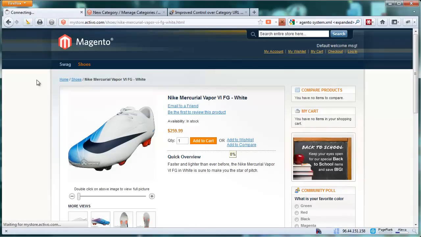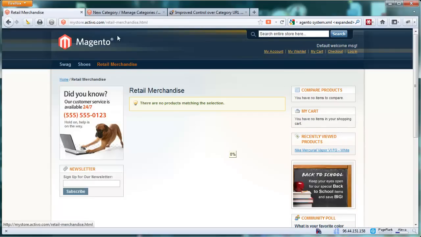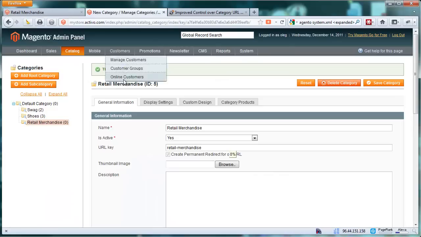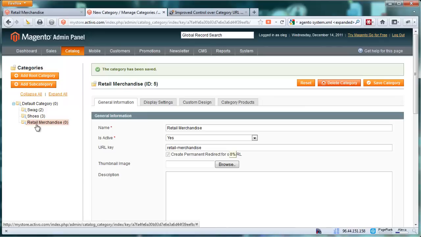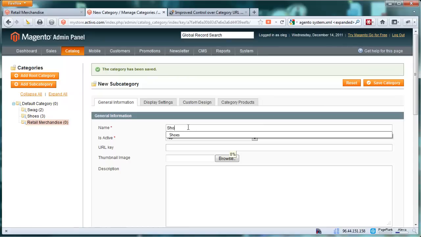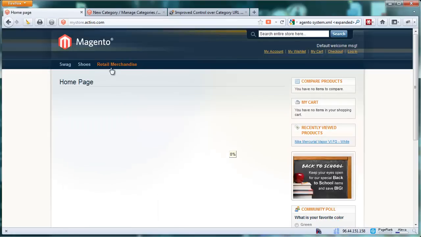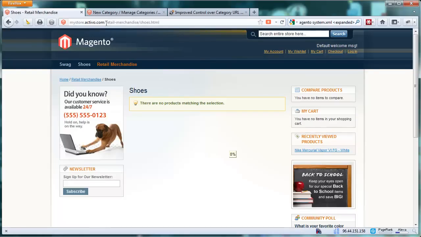Now let's go to the front end, and we see this new link, and notice how it's retail-merchandise. Later we're going to give you another tip on the best practice for catalog URLs, but for now let's just focus on this. Now I'm here again, selecting retail merchandise, and I'm going to add the subcategory of, let's say, shoes. Remember that currently the extension is turned off. So when I go back to the home page, refresh the front end, and go to shoes, then the URL is